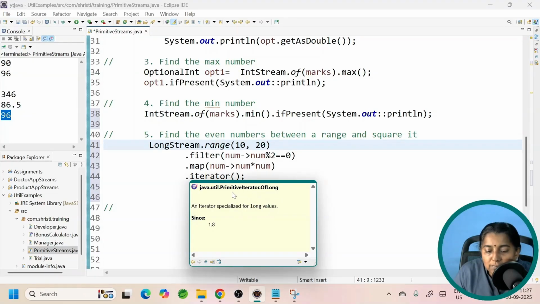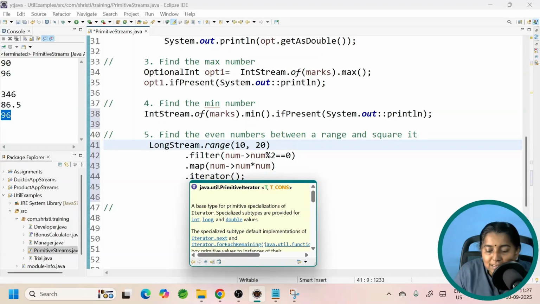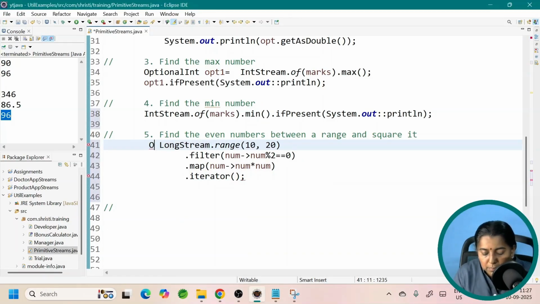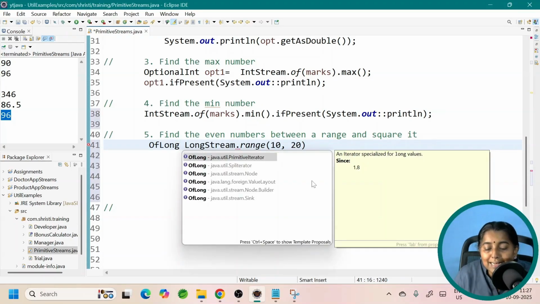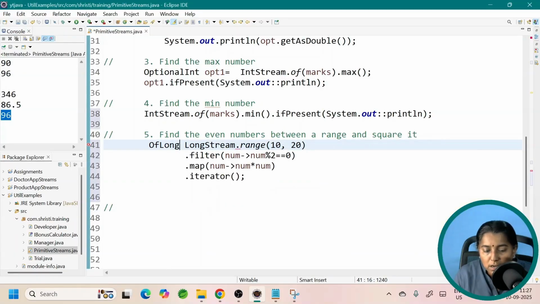It is from java.util.PrimitiveIterator. So you can just add that. So this is the package that we need. Okay. Now let me add it. OfLong, Control space. Select it. If it is not available, manually you go and type it. OfLong